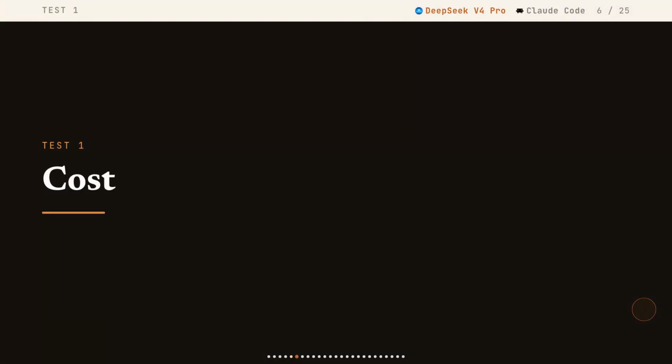Alright, so test 1, cost. A solo dev I know ran an automated code review pipeline for a month and got hit with a surprise bill 3 times what they budgeted, and that's what happens when you don't actually understand the pricing model before you commit. So let's look at what DeepSeek V4 Pro and Claude Code actually charge, and what that means at real